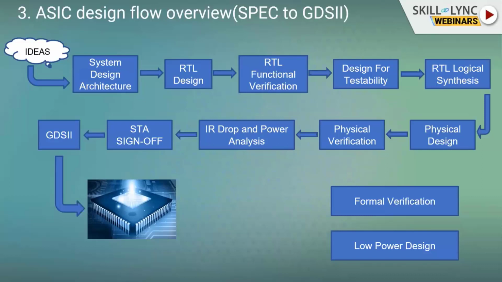The physical design team takes the synthesized netlist and does the physical design. There are many stages: floor plan, placement, clock tree synthesis, and routing. These are the stages the physical design team does. They define how much chip area, the IC chip area, which we call the core area, and where we have to place all the cells, memories, and IOs. Those are all defined here in the physical design team.